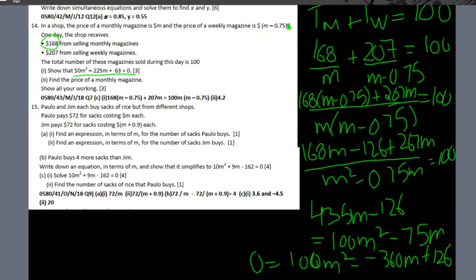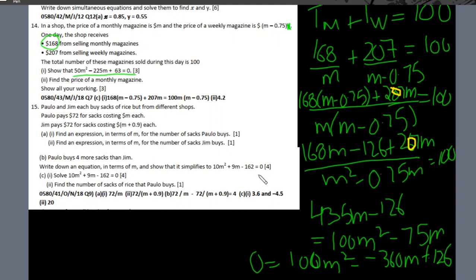So divide all of this by 2. So 360 divided by 2. There's some mistake in my working. Let me check that quickly. Okay, so I've made a mistake here. This was 207, not 267. This is also 207. Alright,